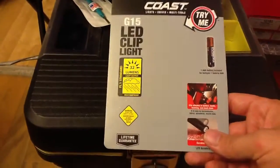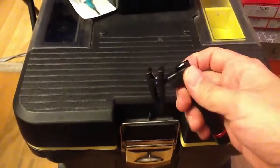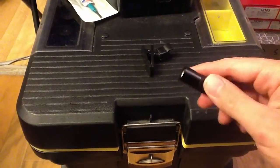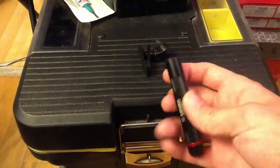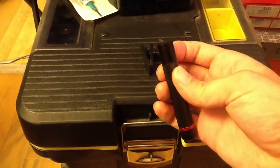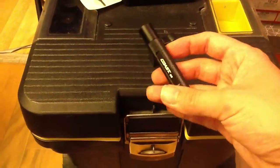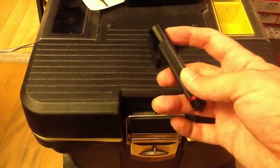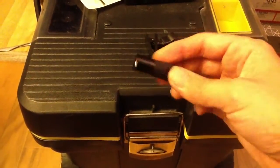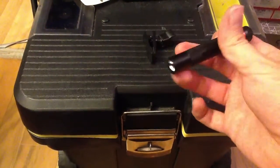So anyway, I don't recommend it. There's a few reasons why. First of all, this is the thing that really annoys me. It looks like you can unscrew the front part here, and on mine you can, because, well, I broke the seal. I can't do it with one hand, but when you get one new out of the box, you can't remove it. Say you want to upgrade your LED or whatever, you want to take that out. Nope, you can't do that. It's brazed on. They brazed on this part,